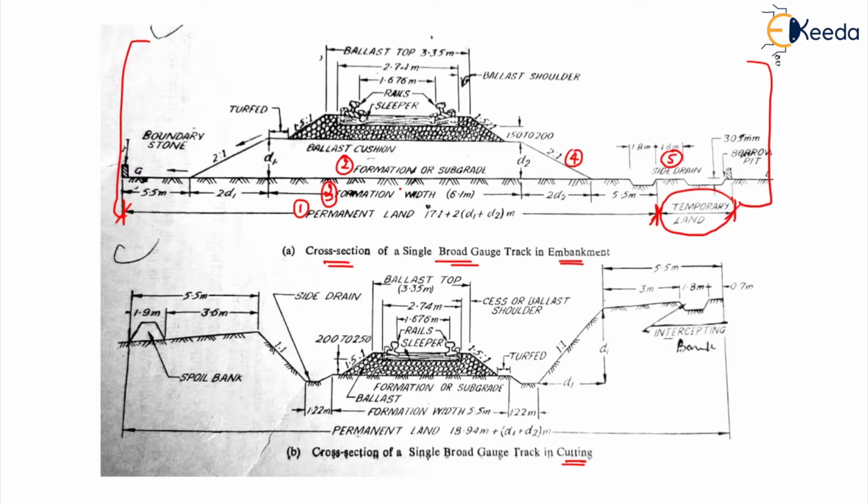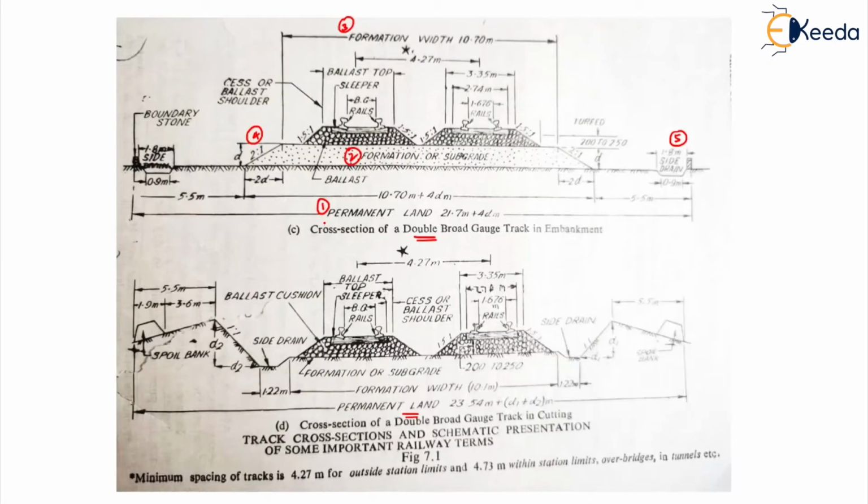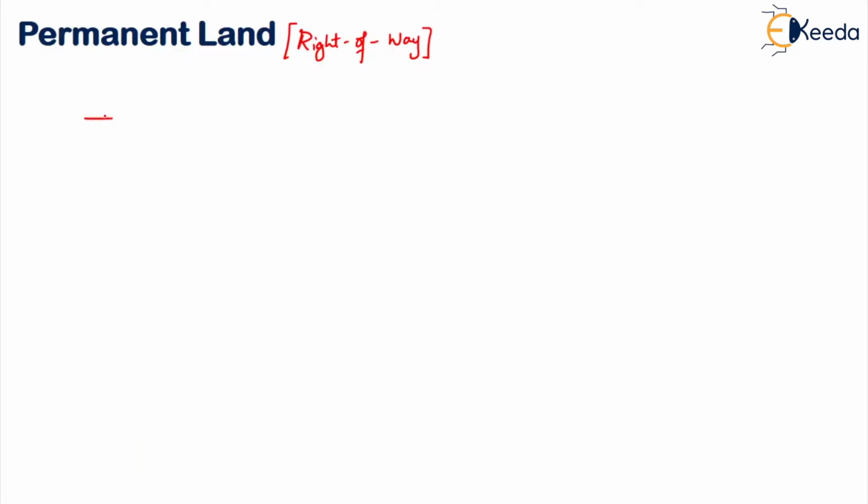Okay. Then the right of way is known as land width. So this permanent land is also called what? Your land width. So let me write here. This is also called land width. Along with permanent land, we read one more term. What is it? It is the temporary land which we acquire only during construction for the deposition of soil or any other material during the construction of the project.